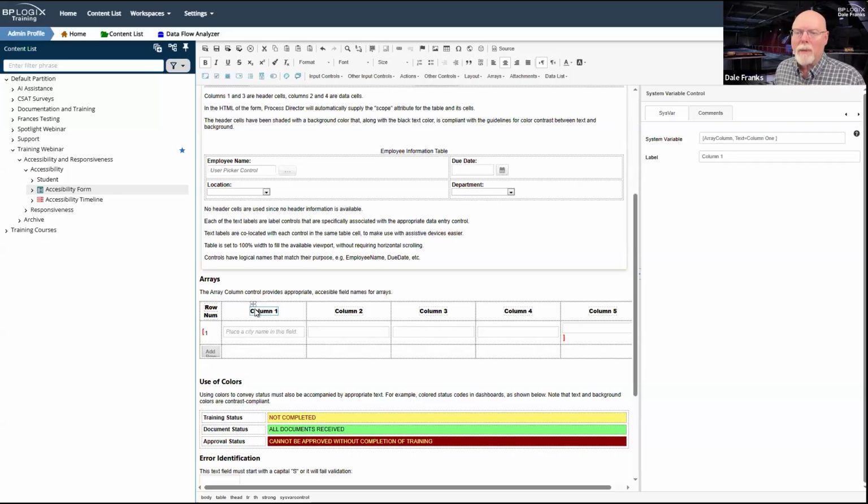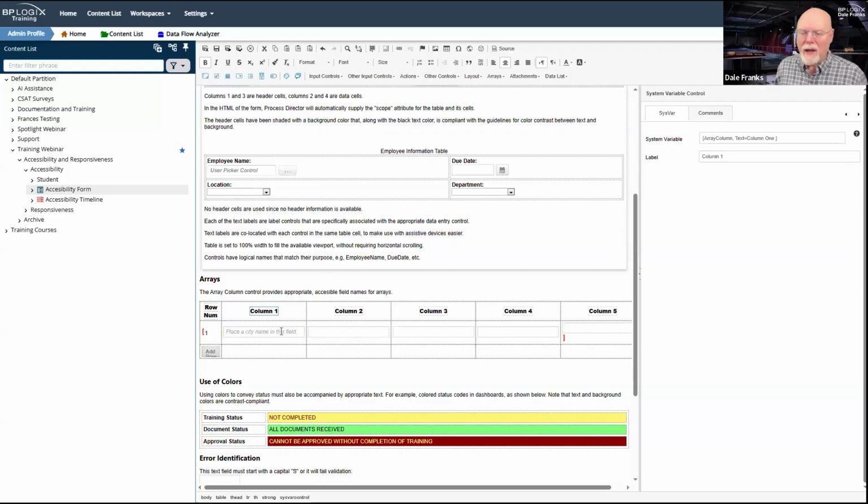The array column control labels the controls in this column with the appropriate text, which in this case just happens to be column one, so it's not super specific or anything. And the association between this array column label and the array controls is all handled behind the scenes. So there's nothing special you have to do.